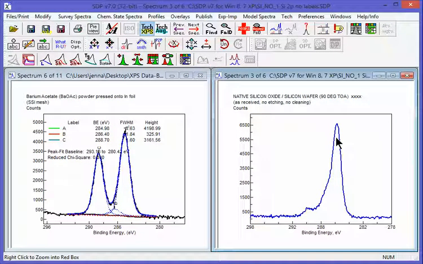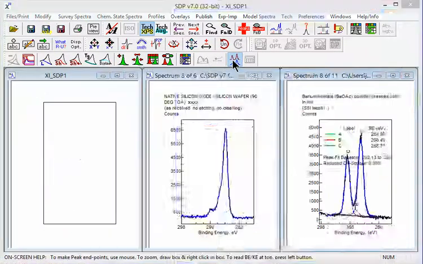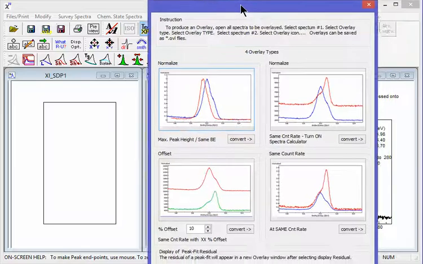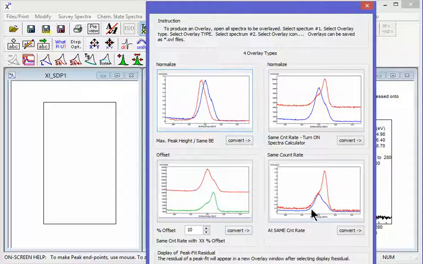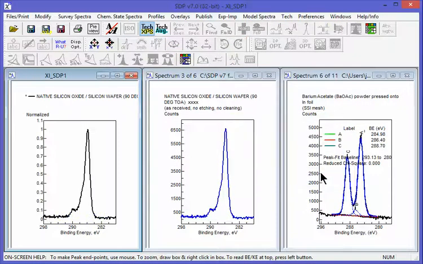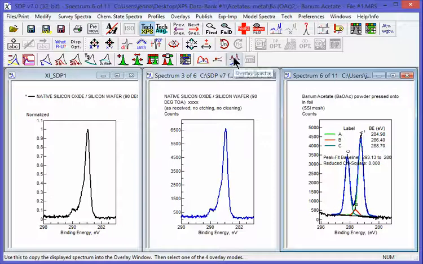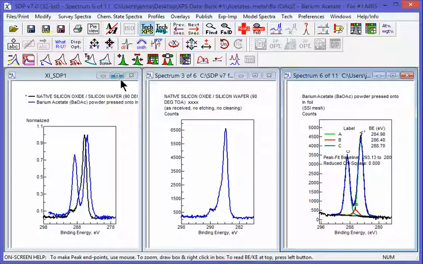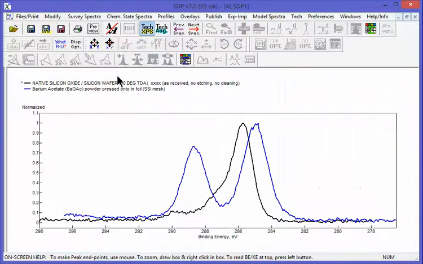So let's make an overlay of these two. I want to show you the overlay capability at this point. So we grab the overlay window and it pops up. We have 4 choices. I'll choose the most common one, this one, simple max peak height overlay, accept, and then the one I want to overlay is over here. I hit the overlay, I select that, and then I select the overlay button again, and voila, I have the overlay spectrum. Okay, it's offset a little bit, we'll have to work on that,